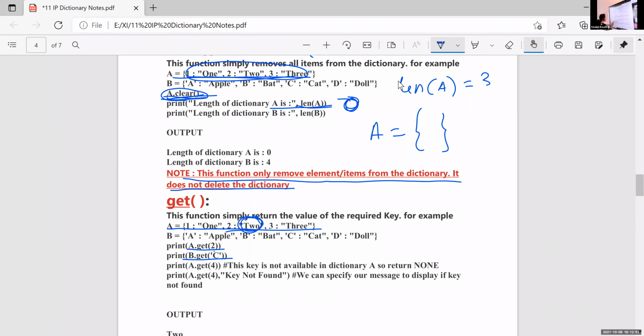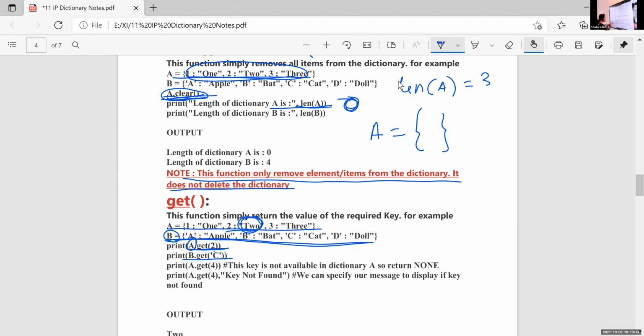Then what is the meaning of this B? B means it is the dictionary name. So B dot means we are looking in this dictionary. A dot means we are looking in this dictionary A. B dot means we are looking in this B dictionary.